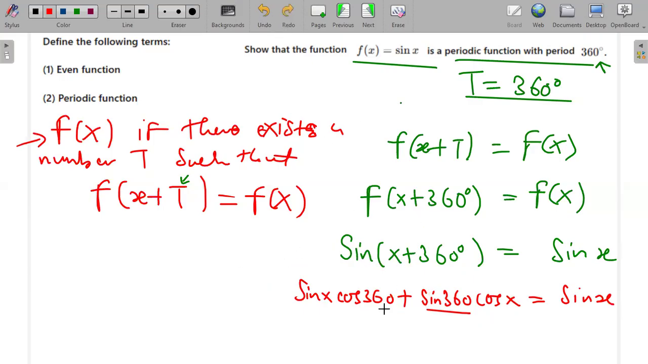And then what is cos 360? This is 1. So it will be sine x multiplied by 1. So I get sine x is equal to sine x. Okay, so you can see here that